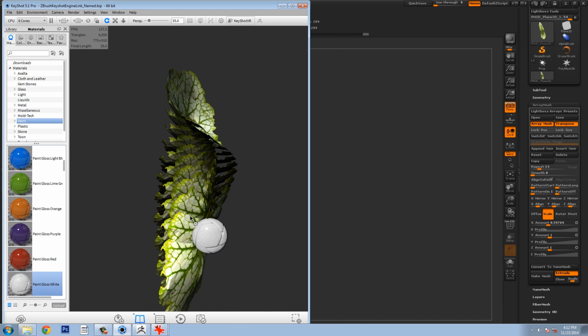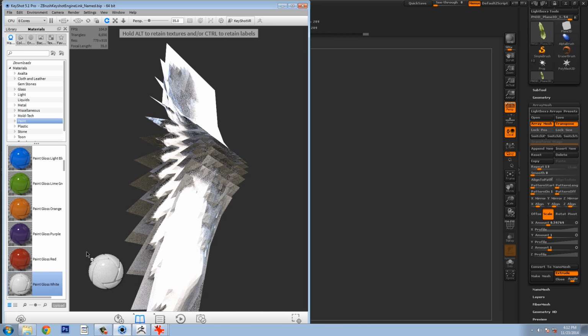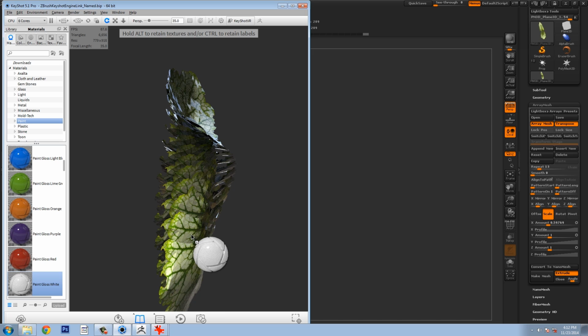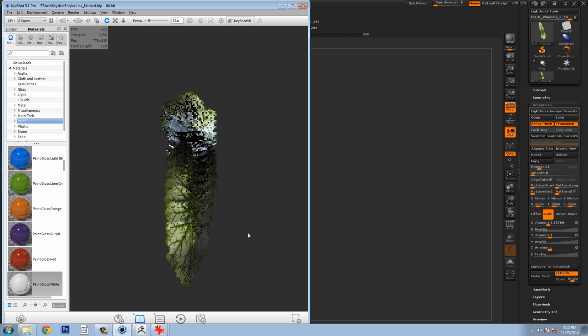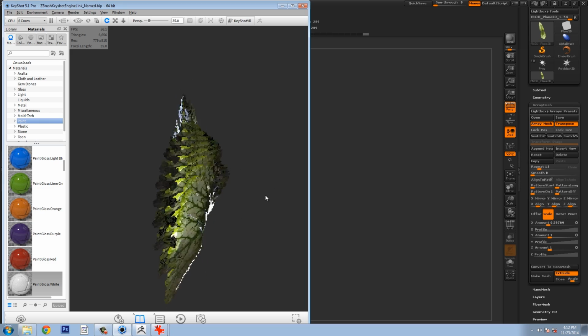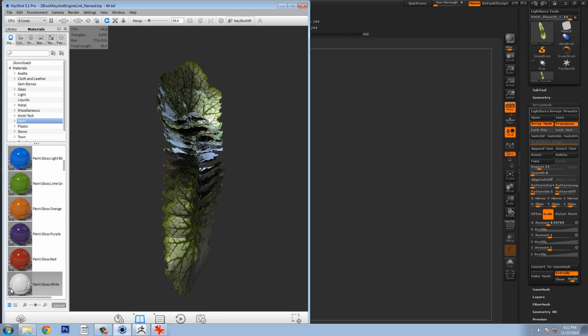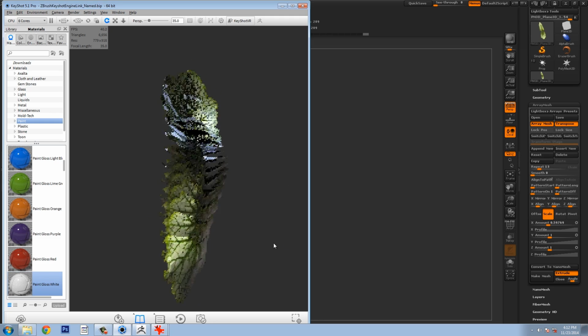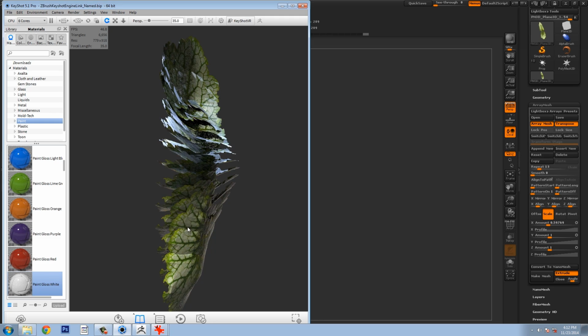So to do that, if you drag on your model and hold Alt, it's going to retain the actual texture information. You can see up top it says hold Alt to retain or Control to retain labels. So now when I apply this to the model here, it's retaining my actual texture map that I sent over from ZBrush, but now it's given the properties of this paint gloss white material. Now I do have some areas that are looking a little bit faceted down here,